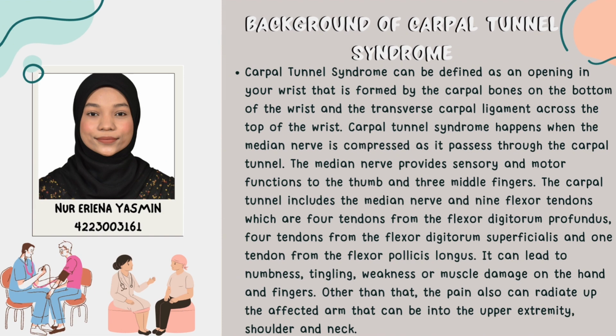The carpal tunnel includes the median nerve and 9 flexor tendons, which are 4 tendons from the flexor digitorum profundus, 4 tendons from the flexor digitorum superficialis, and 1 tendon from the flexor pollicis longus. It can lead to numbness, tingling, weakness, or muscle damage on the hand and fingers. Other than that, the pain also can radiate up the affected arm, into the upper extremity, shoulder,